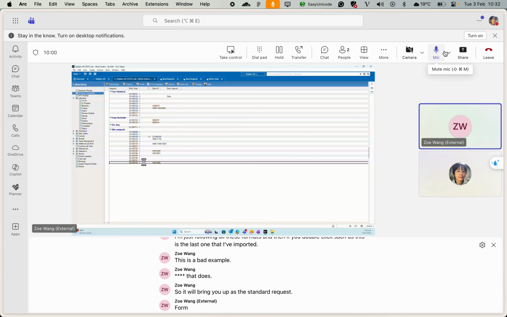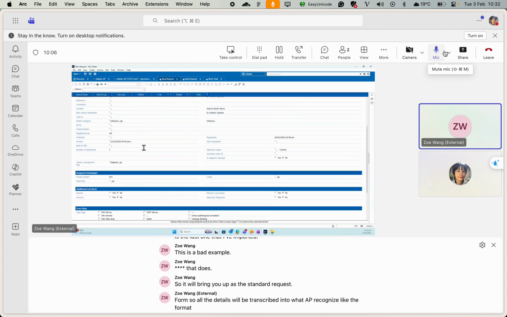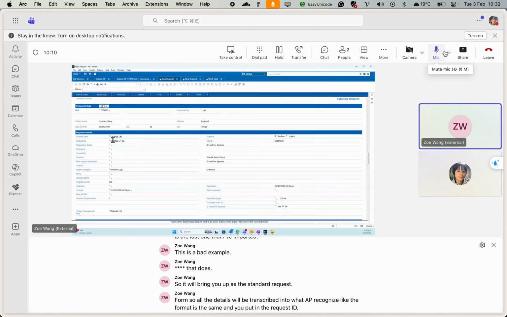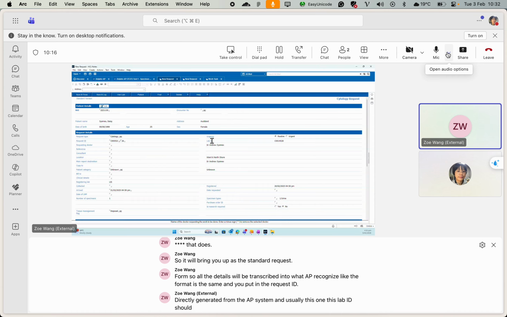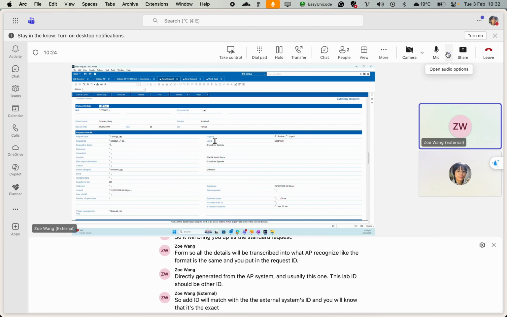All the details will be transcribed into what AP recognizes, so the format is the same, and you put in the request ID directly generated from the AP system. And usually this lab ID should be an other ID. So the other ID will match with the external system's ID, and you will know that it's the exact order from what I just